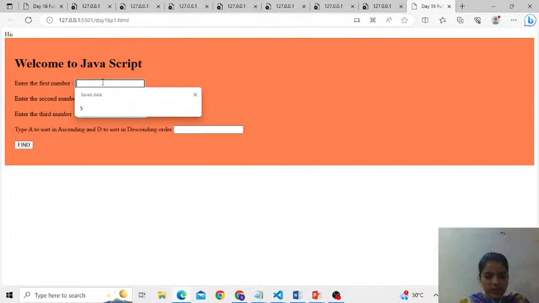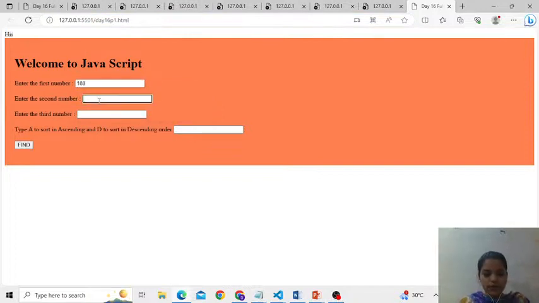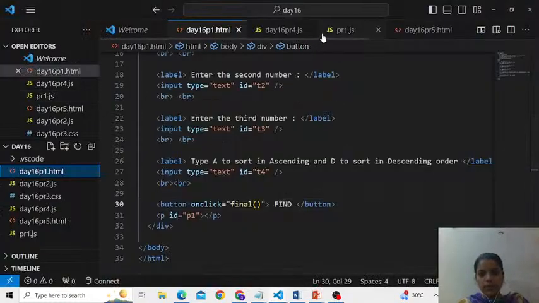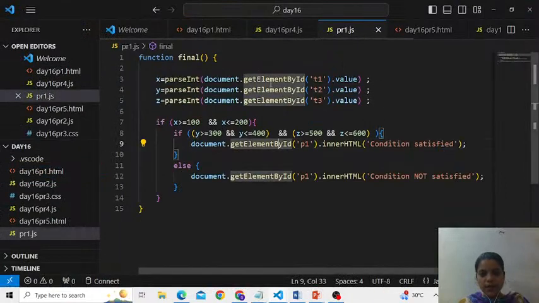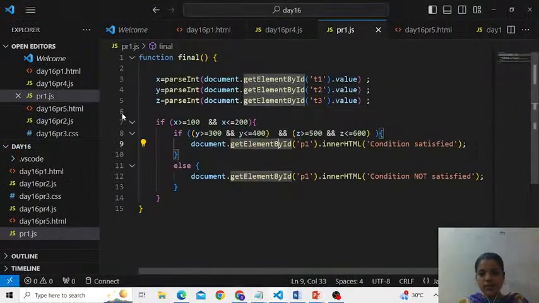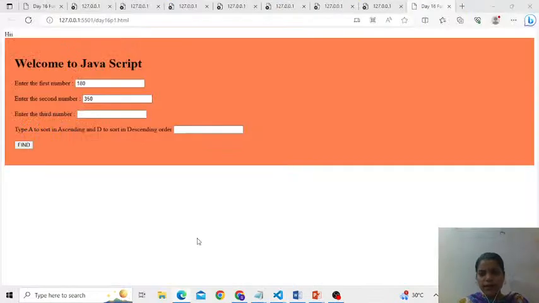Okay, so let me say 180, x should be between 100 to 200. What was the range of y we have written here? Hurry up, what is the range of y? 300, 400. So let me write it as 350. And the last one, 500, 600. Correct? I hope you are all checking also. So let me write it as 480. 500, 600, correct. So 580. Okay, and if I say find,